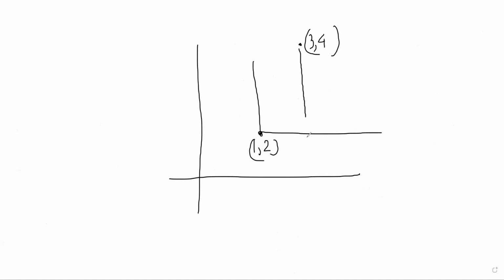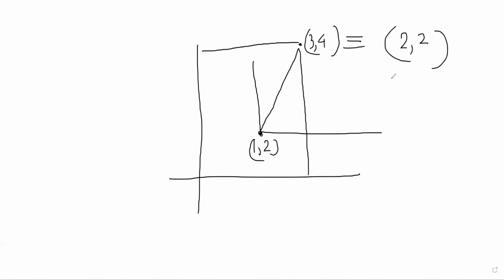See this. Suppose this is my new axis, 1 comma 2 is my new origin, right? If we had an old point here, let's say 3 comma 4, this was 3 comma 4 with respect to the old axis. So what is it with respect to the new axis? 3 comma 4 will become 2 comma 2, right? Because obviously this distance is now 3 minus 1, 2, and this distance is 4 minus 2, 2. I get it now.